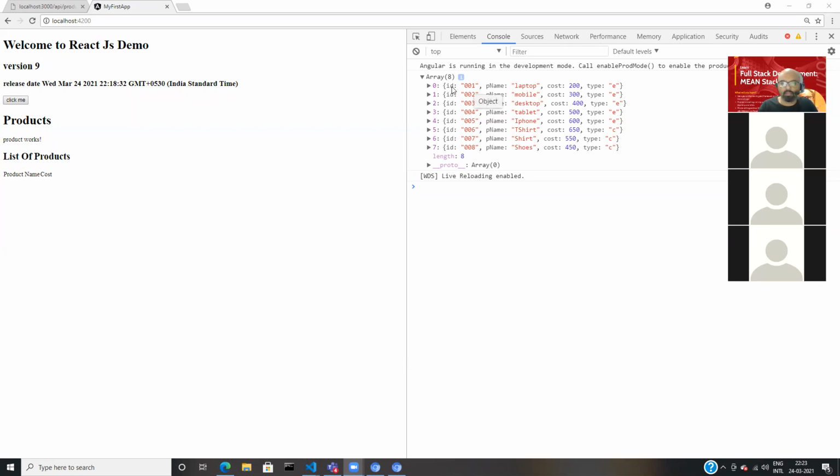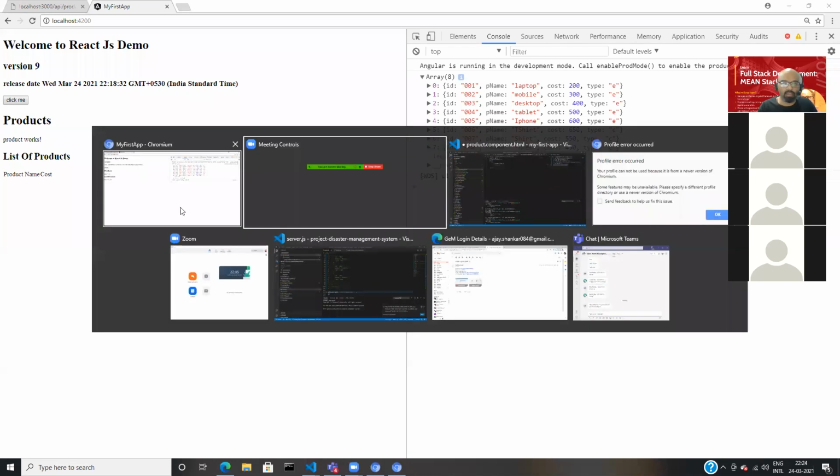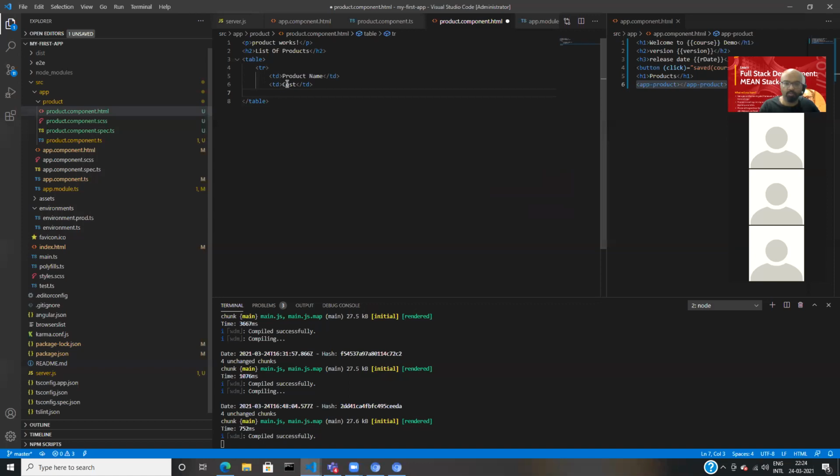Let's go back. It's ID, name, cost, and type. So let's go back to our HTML and create a table. You all know HTML tables, a very simple thing.